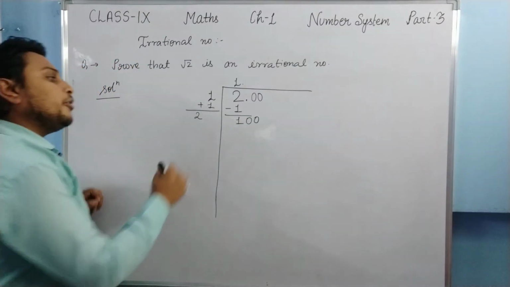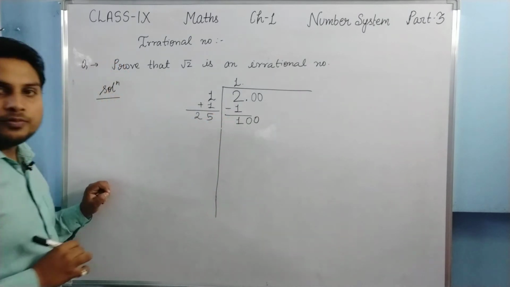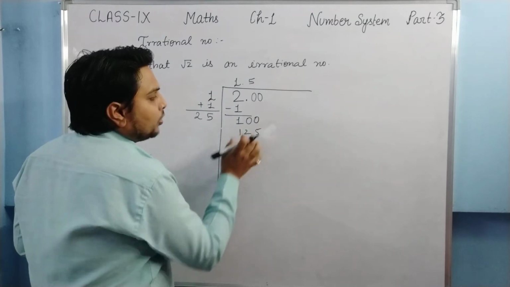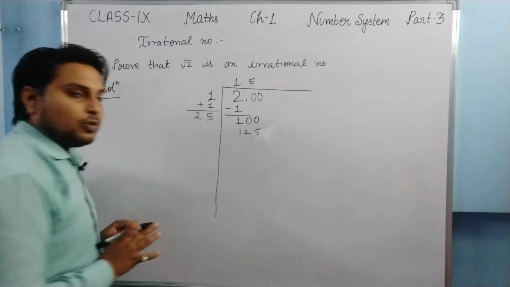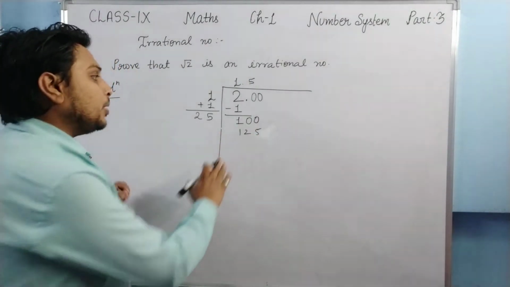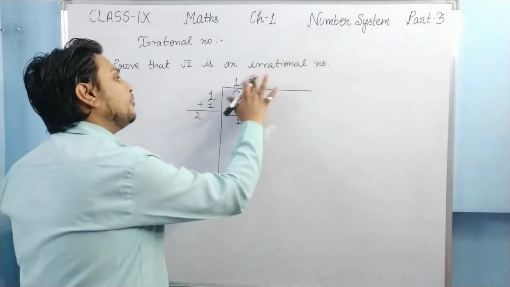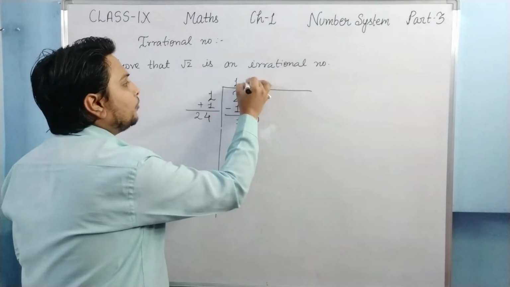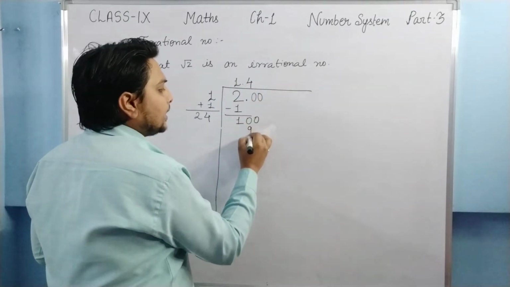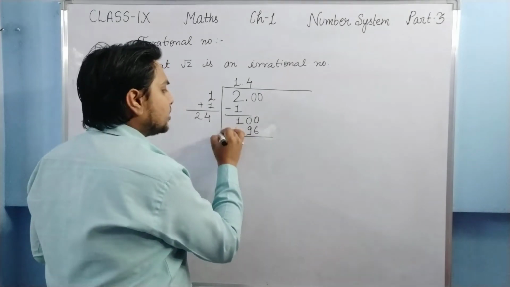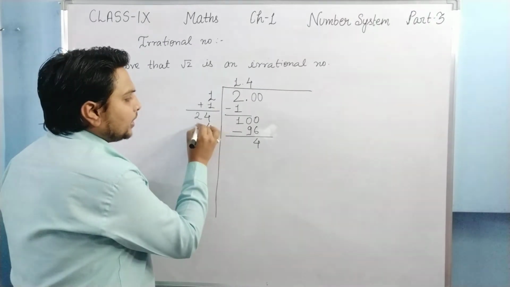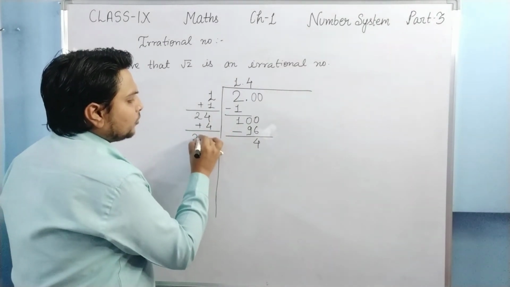Okay, so suppose I have written 5 here, then 25 fives are 125. So it is greater than 100, and I have told you that it should not be greater than this number. So what digit will we write here? We will write the digit 4. Now you can see 24 fours are 96. So we will subtract it. 100 minus 96 is 4. Okay, and this 4 will be added. So 24 plus 4 is 28.